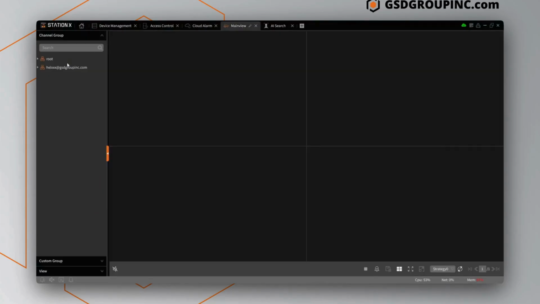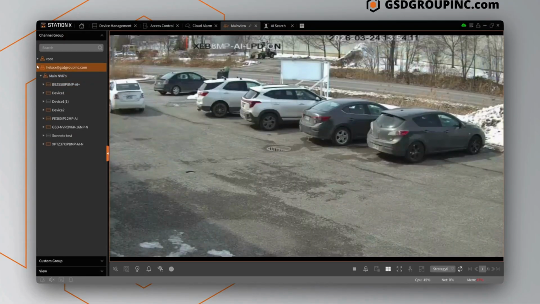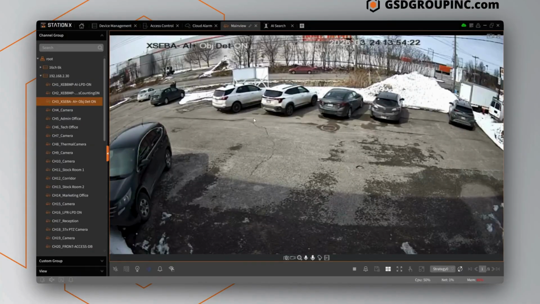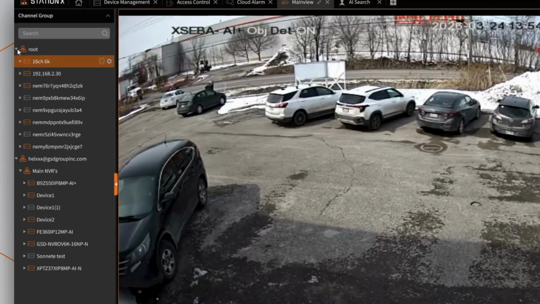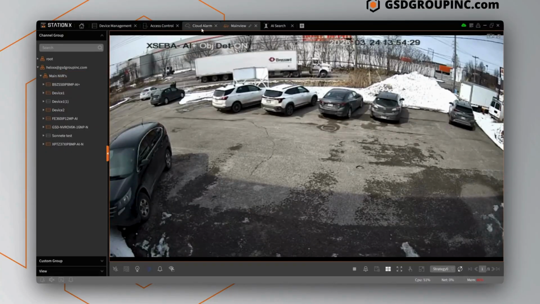From the main menu, you have quick access to monitoring, playback, and full system configuration. Let's start with the main view. In the main view, you can easily manage your channel groups. By selecting your NVR and specific camera feeds, like this parking lot view, you get a clear, high-definition live stream